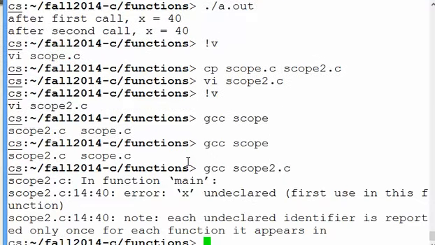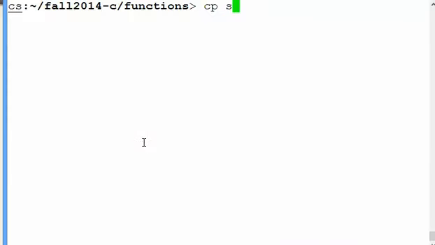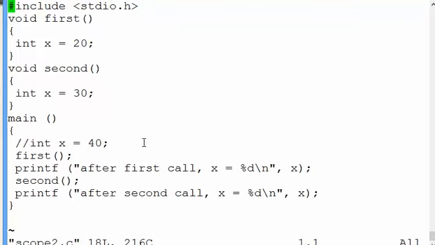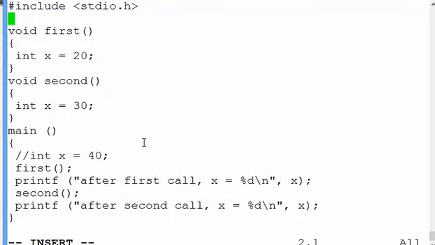See, x is undeclared, right? Let's go back. Let's copy scope 2.c to scope 3.c. Now I am going to declare integer x is equal to,